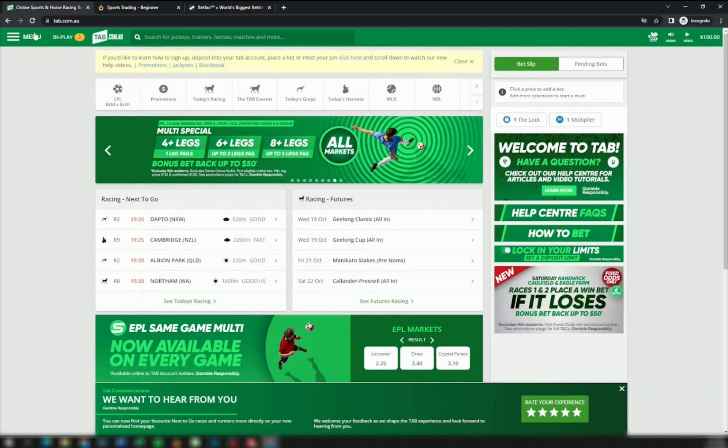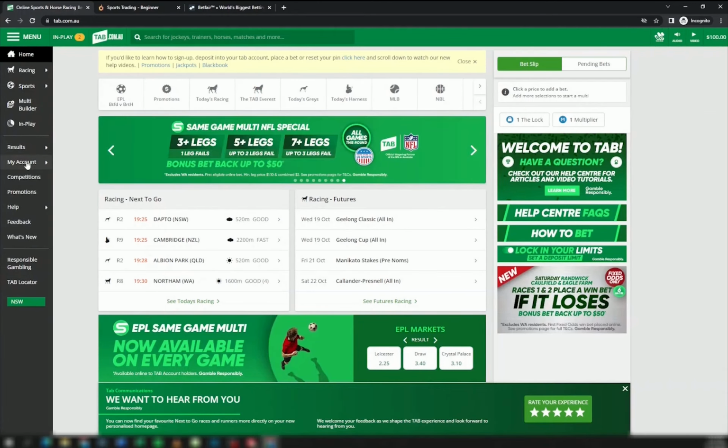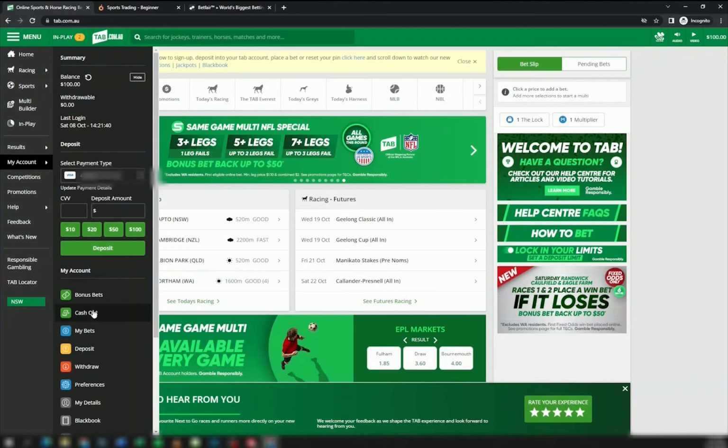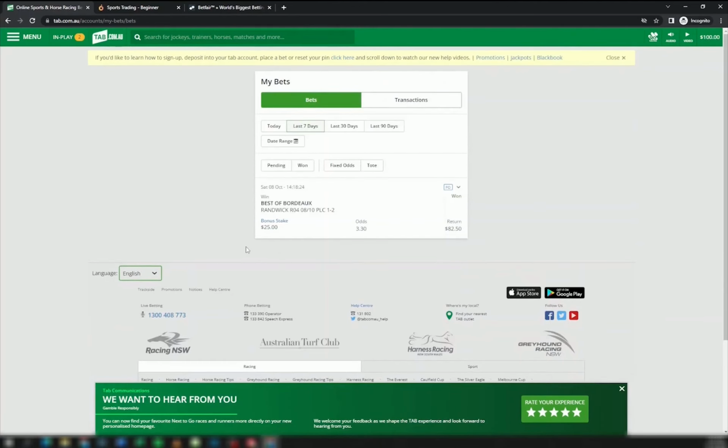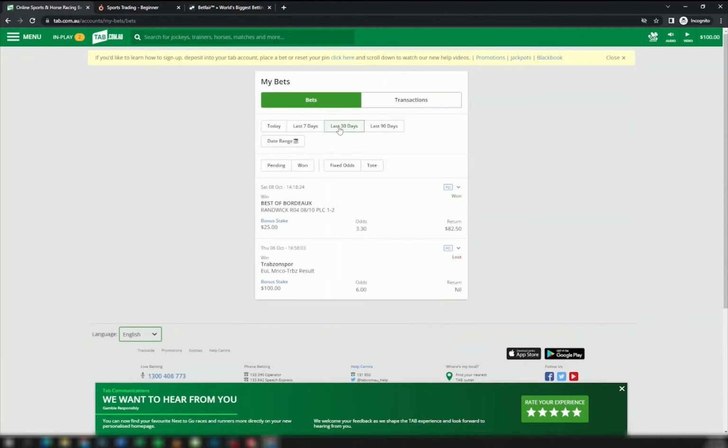Now to look at the bet we've placed on TAB, we're going to head over to menu, my account, and then my bets. And as long as you tick in the last 7 days, you should see your bet come up there. Now, in this case, our bet has actually lost. And again, this has no effect on our profit whatsoever. It just means that our profit is actually going to land in Betfair instead of TAB. So to see that,